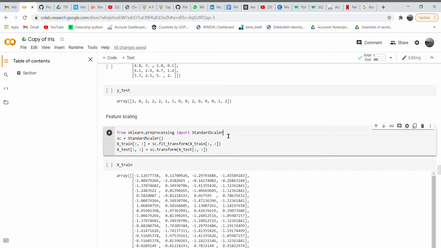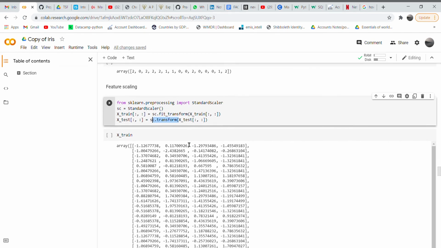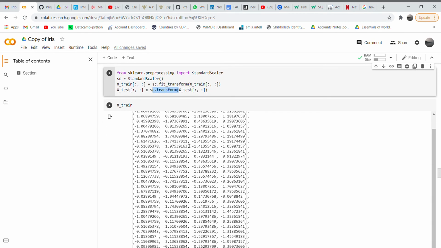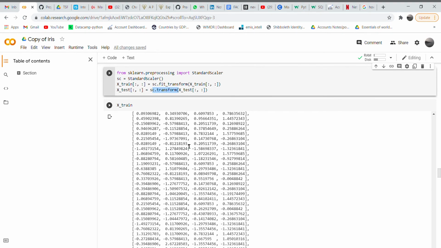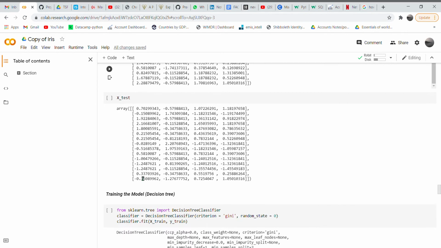We have imported StandardScaler as a library to do this, and we have used fit_transform like before to get this X train and X test into the feature scaled variables. Here we can see those. All the variable numbers are within the range of -1 to +1.